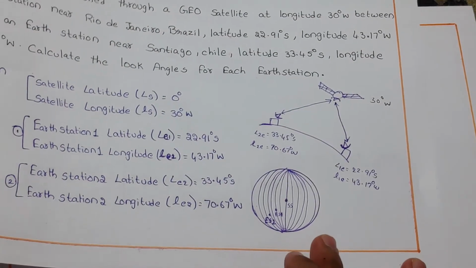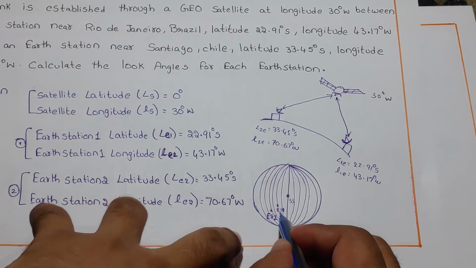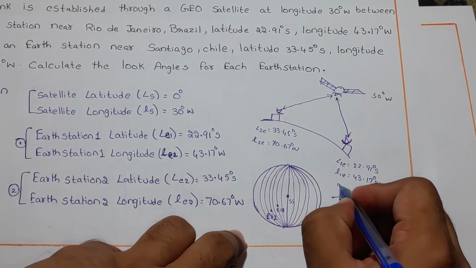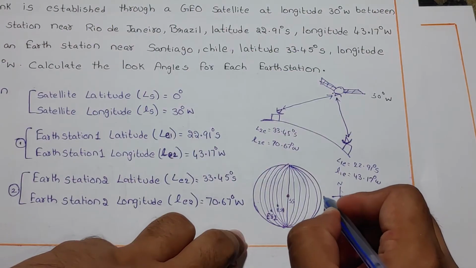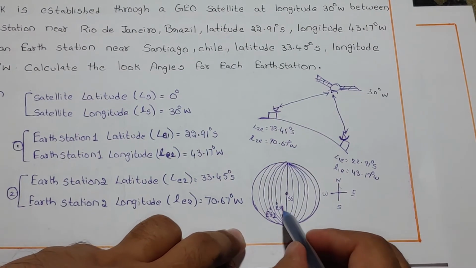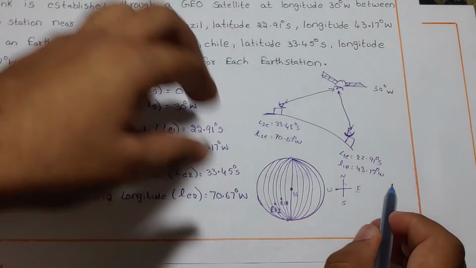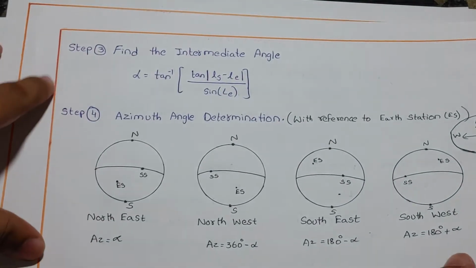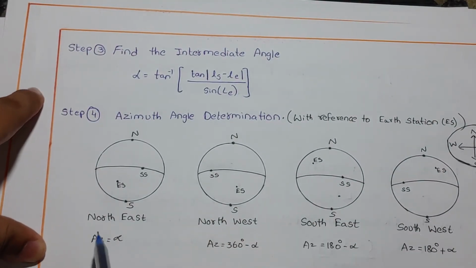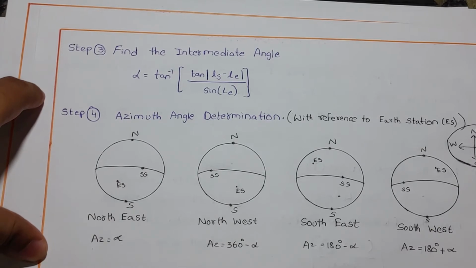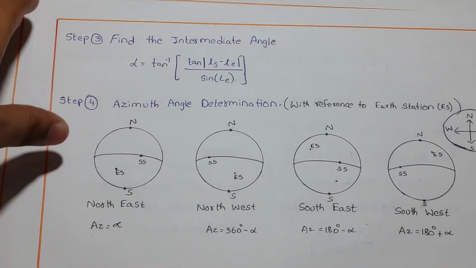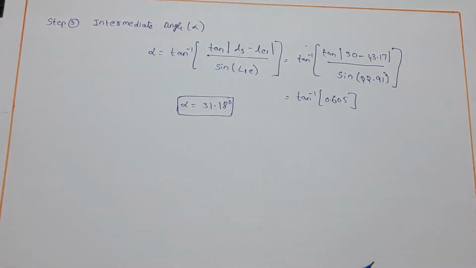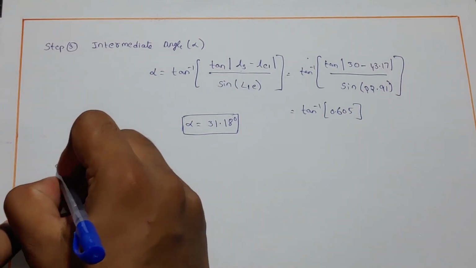here we found out that with reference to the H station 1, the satellite station is at, this is north, south, east and west, that is nothing but northeast. So in the case of northeast, we have already discussed in the previous videos that azimuth angle will be equal to the intermediate angle. So by using this, azimuth angle is equal to intermediate angle in the case of northeast, we could write that in the step 4,